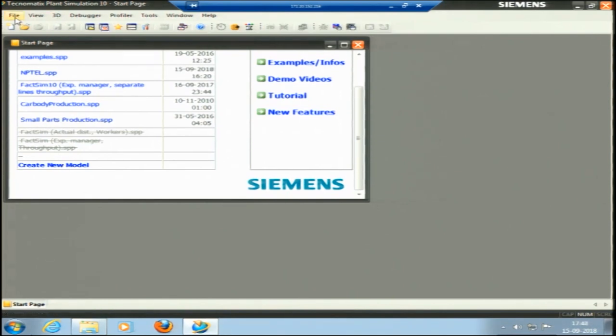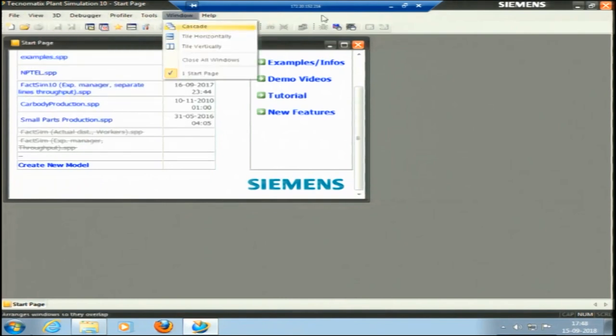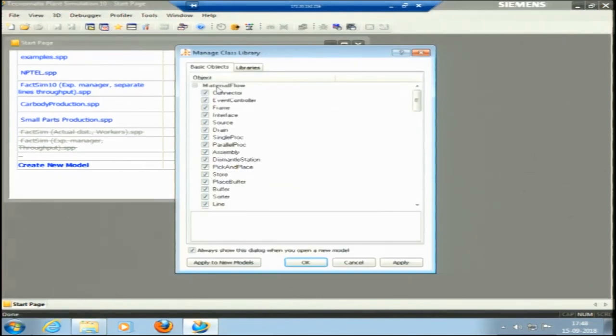I have a menu bar here. In the menu bar also I can create a new file or open an existing file. We also have these icons for opening. So, I will just create a new model. When I click new model, the new model is trying to open. Yes, okay. Now, it has basic objects here. These basic objects would be enough to discuss in this lecture. We have limited scope and time here. So, whatever basic objects are selected, I will just say yes to them.